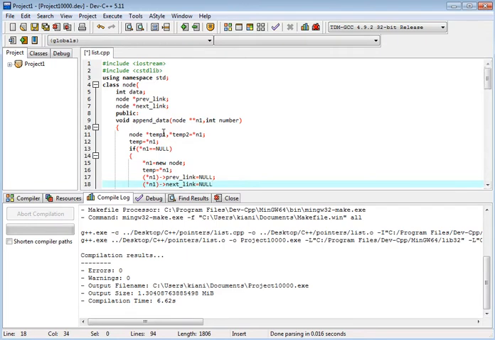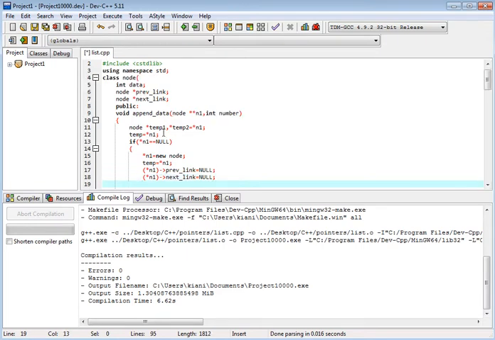If it is null, then next link will be null, and pointer to n1 dot data is number. Okay, data is number.